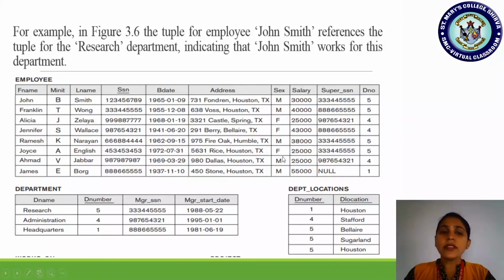So the database state will be in an improper, inconsistent or invalid state. So whenever we delete any tuple, when I want to delete department number 5, I should check in which other relation department number exists as a foreign key.